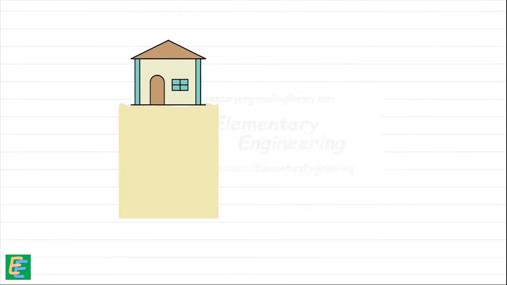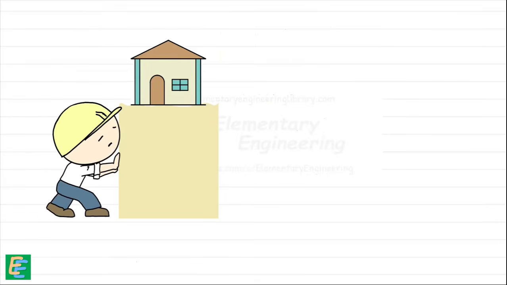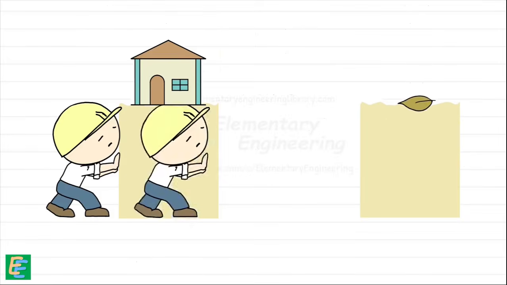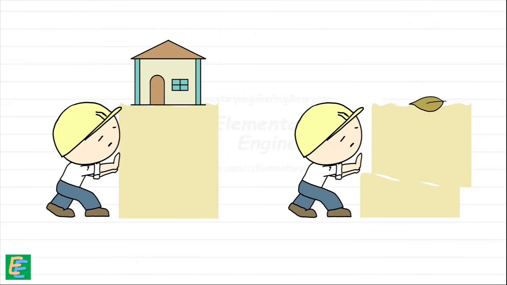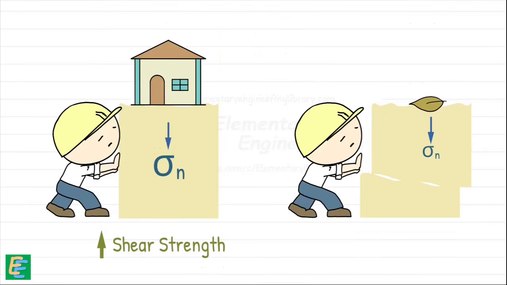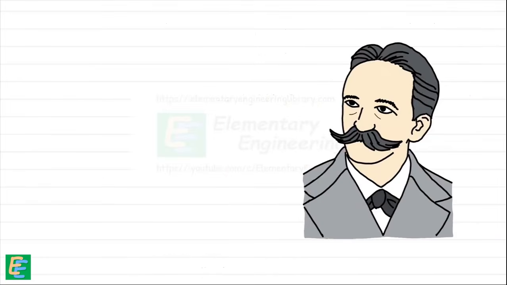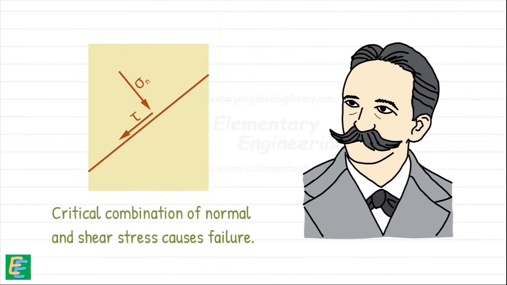We notice that if more load is applied to the soil, it will be more difficult to shear it, compared to shearing a soil that supports a smaller load or no load at all. Hence, we can see that shear strength depends on the normal stress of soil. As normal stress on soil increases, the shear strength of the soil increases. According to Mohr, failure in soil is caused by a critical combination of normal and shear stresses acting on the